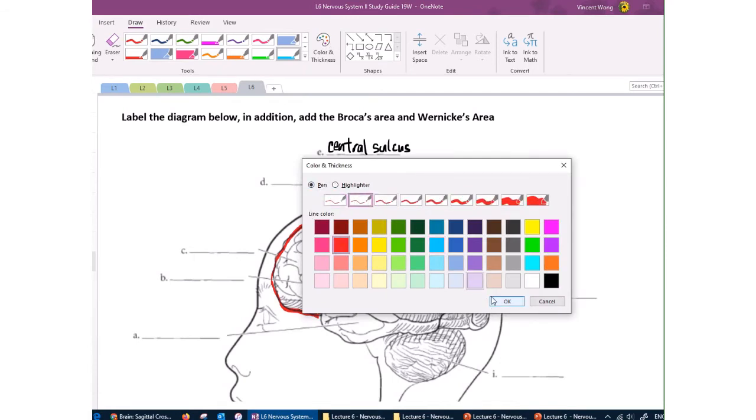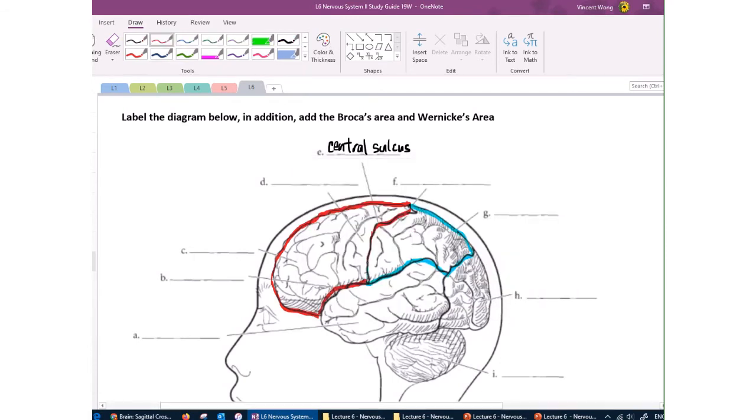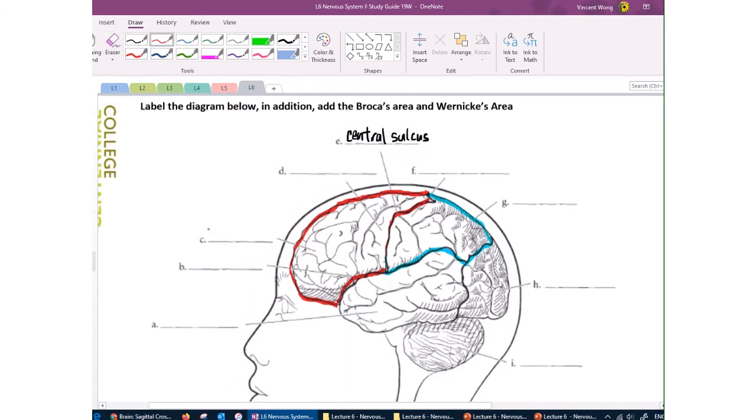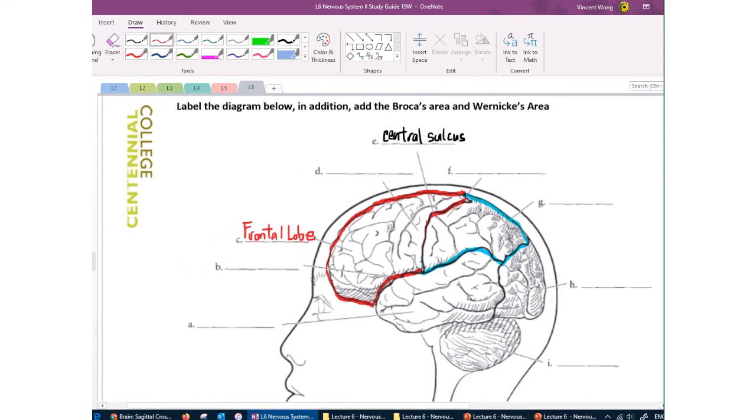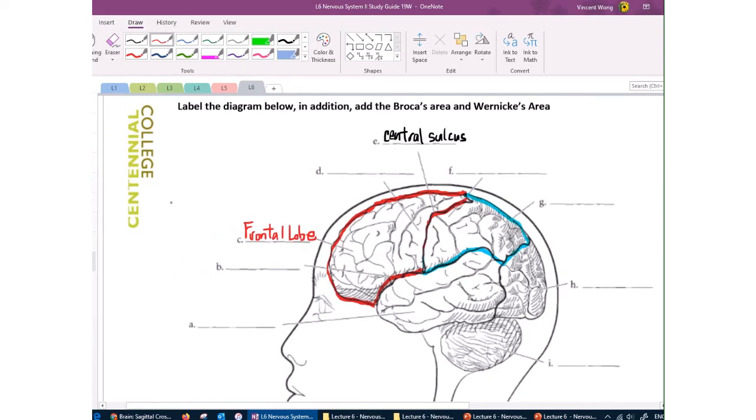And you should be doing this with me together. Over here, see, that's the frontal lobe. Okay, so what does the frontal lobe do? I'm just going to give you a few examples. That's where speech occurs. Speech, voluntary movement,